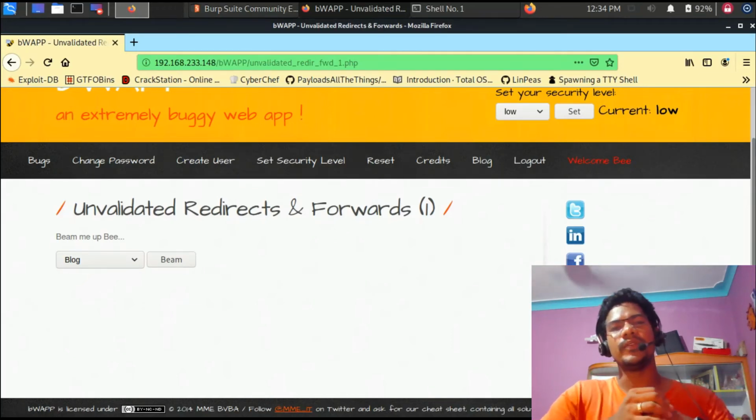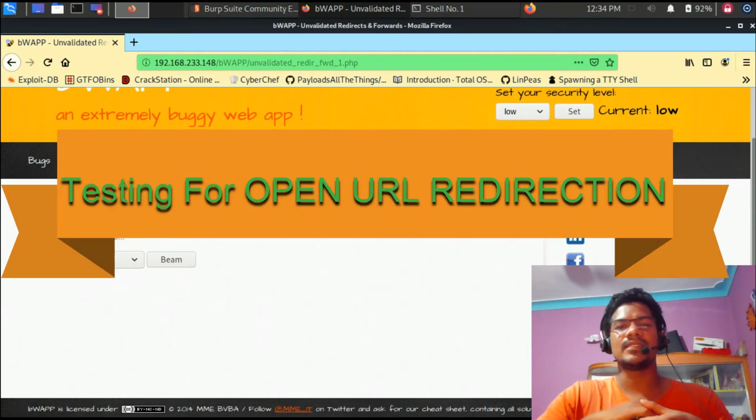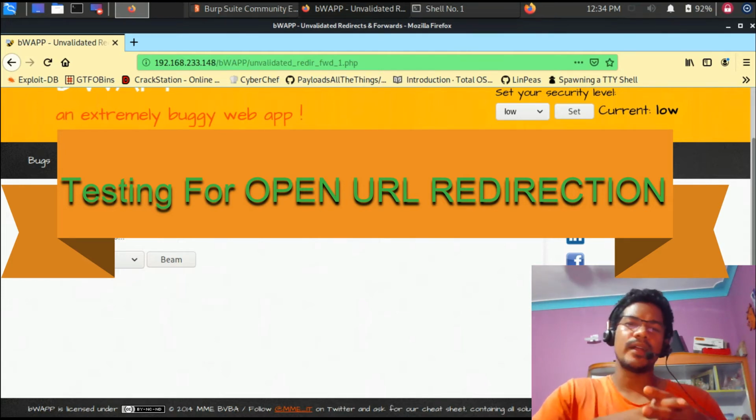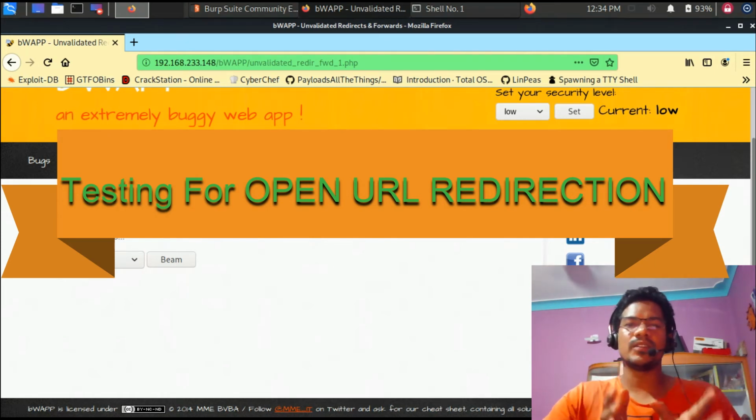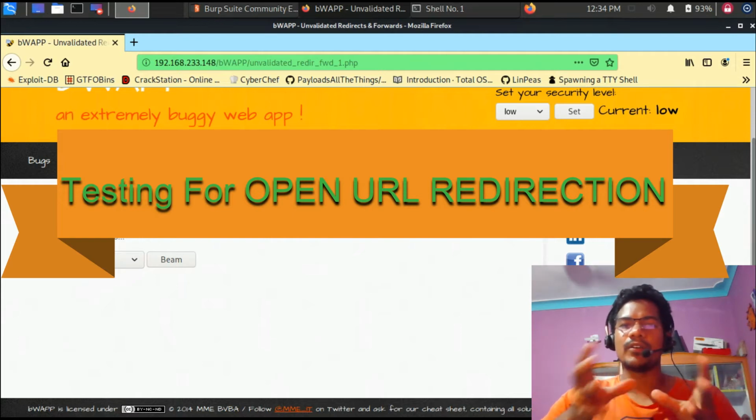So in this video, we will look at one more vulnerability named Open URL redirection vulnerability. We'll understand what exactly Open URL redirection is, why this vulnerability happens, and what are the different ways to test this particular vulnerability. We'll also look at the different ways to bypass Open URL redirection, and then finally we will see what mitigation steps can be taken for preventing this URL redirection vulnerability. So please watch this complete video to get an idea about all those things.